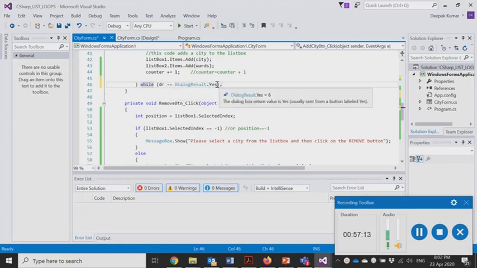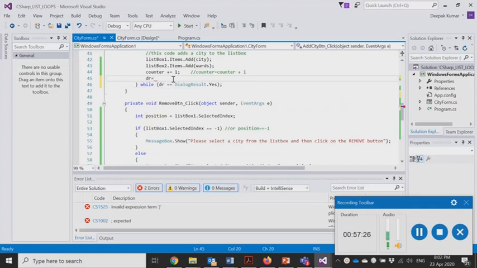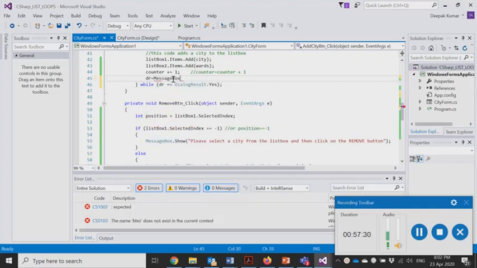That means as long as the user keeps pressing the Yes button, we will continue this loop. And in order to capture the input from the user, in this loop we will say dr is equal to MessageBox.Show.